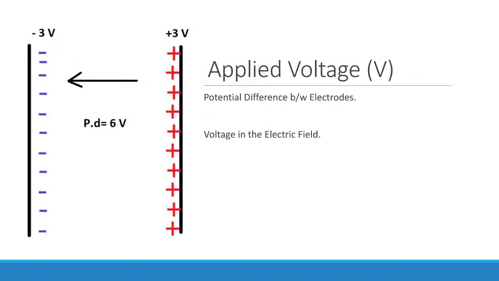Moving on. Applied voltage. There is a voltage in between the electrodes, the spinneret and the collector or deposition area, and it basically allows the solution